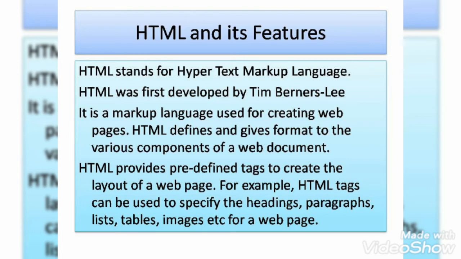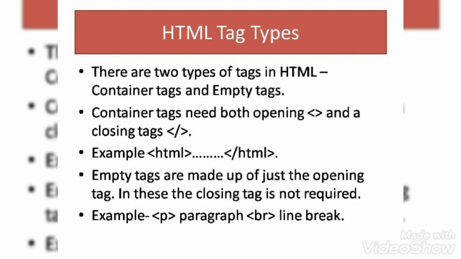Okay, so what are tags? Again, I am just recalling it. HTML tags are the fundamental elements of an HTML document. Okay, so you are using these tags to tell the browser. We are giving the command with the help of the tags in HTML. Okay, so the HTML tags are of two types. Mainly, they are divided into two categories. Many more are there, but the main categories are two.